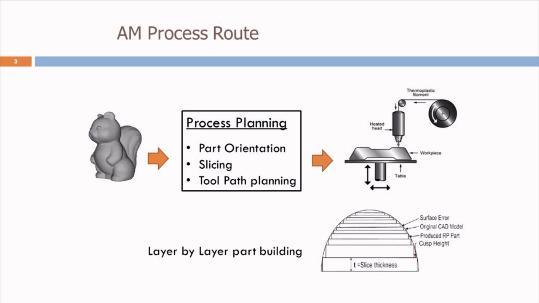which shows that a part is cut into specific layers which are built one on the top of another and glued together so that the part is completely built. It's very important to observe that the profile which is produced for such a component is essentially an approximated profile which has a stair-step pattern, and that is one of the fundamental reasons why the part quality produced by this type of process is not very accurate compared to the traditional technology.